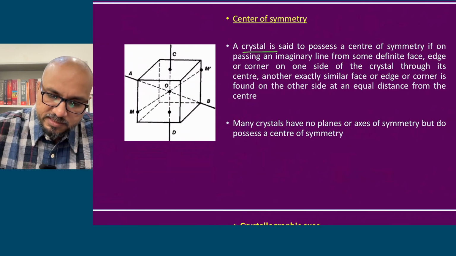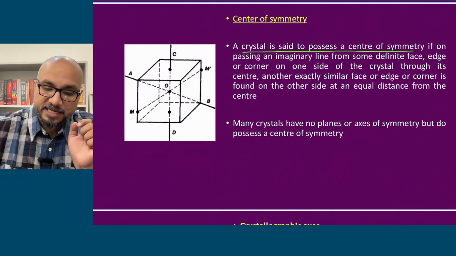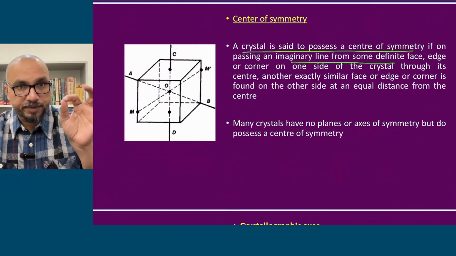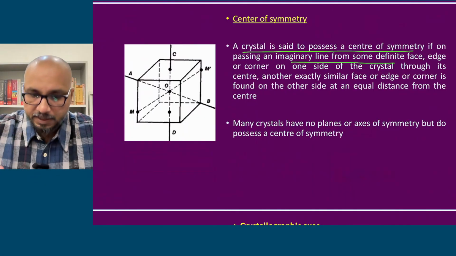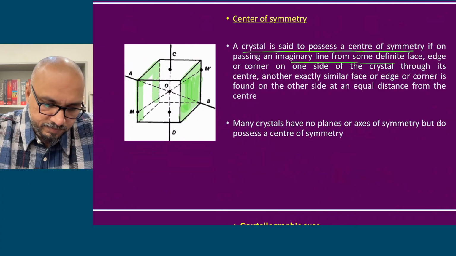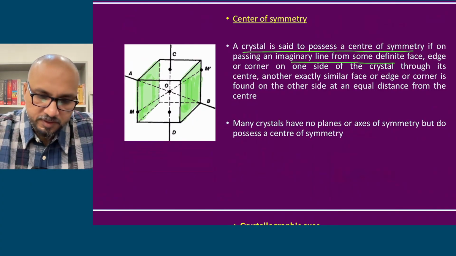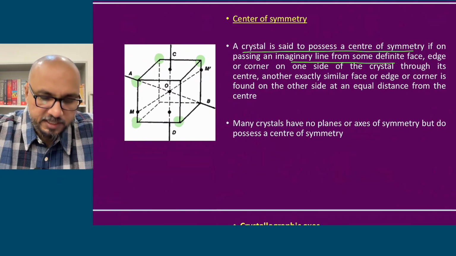A crystal is said to possess center of symmetry if on passing an imaginary line from a particular face or a particular corner or a particular edge. अब इनका मतलब क्या है? देखो जब हम लोग फेस बोल रहे हैं तो ये वाला फेस हो सकता है. So this is a face, okay, और this is a face, alright. और when we say corner, so this is a corner, this is a corner, this is a corner, ये कॉर्नर है, ये कॉर्नर है, ये कॉर्नर है,